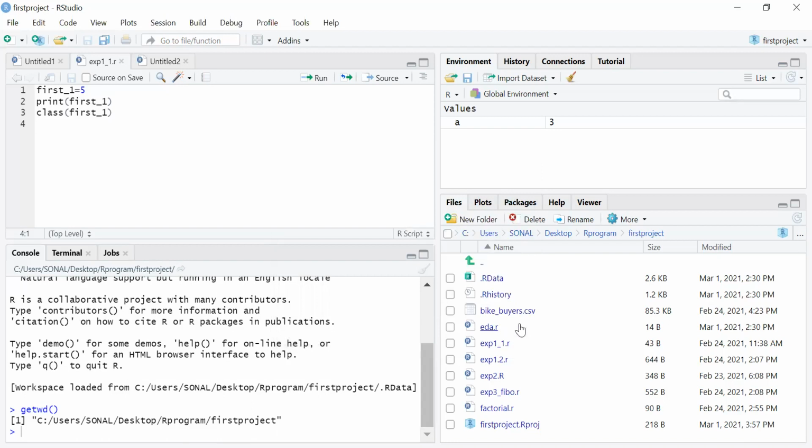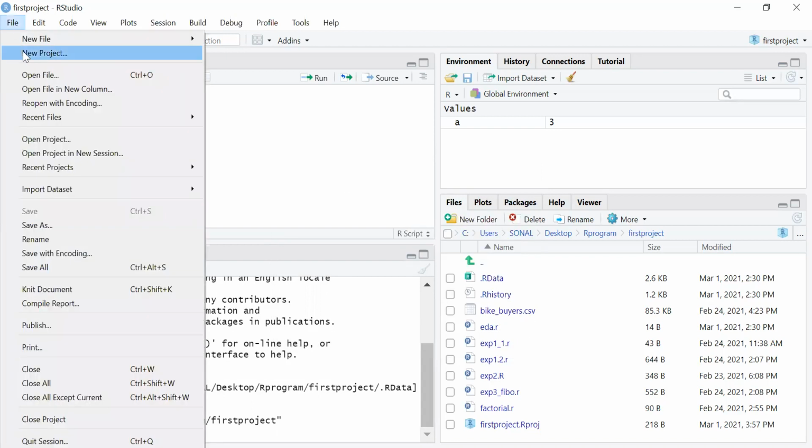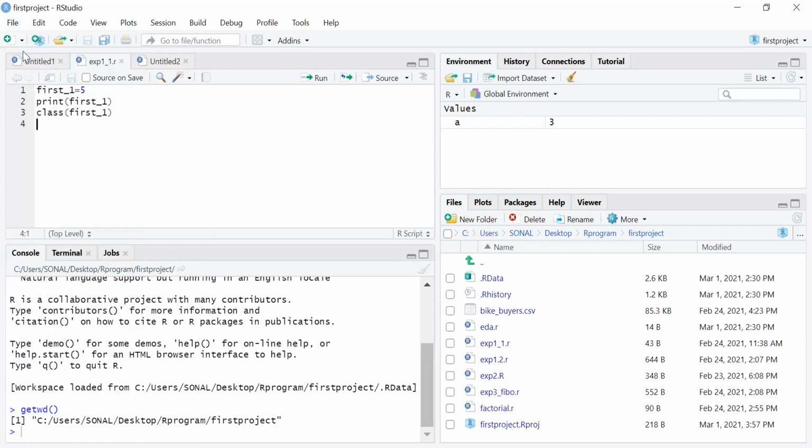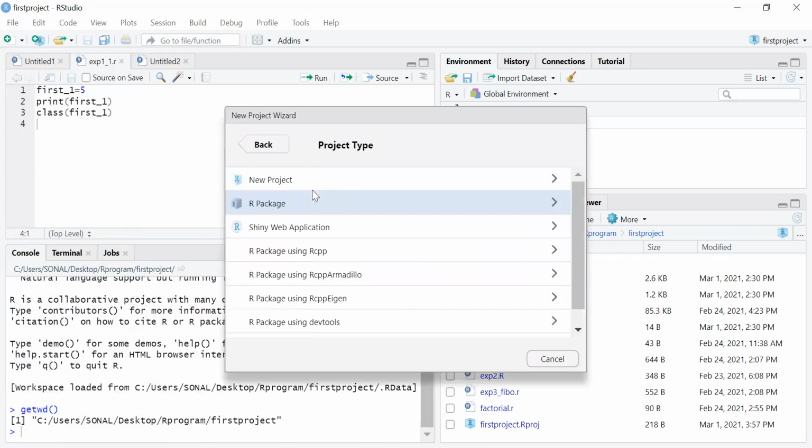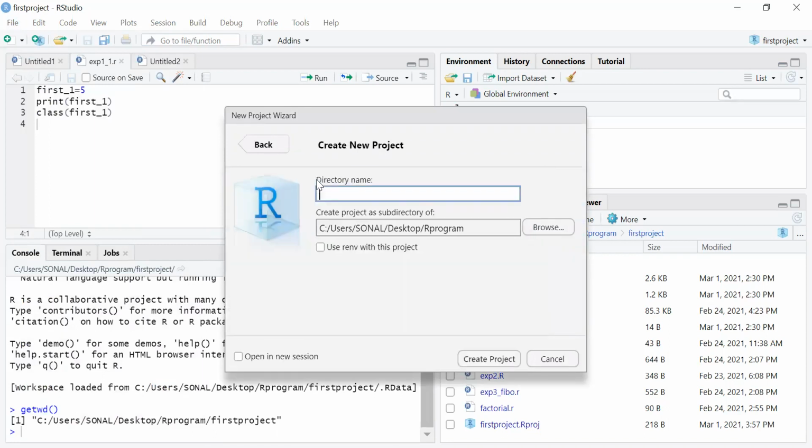Now, as you are starting with the first practical and you want to create a new folder, for that you have to go to File, then New Project. In the new project, select New Directory, New Project, select the path where you want it, give the name, and then create the project.